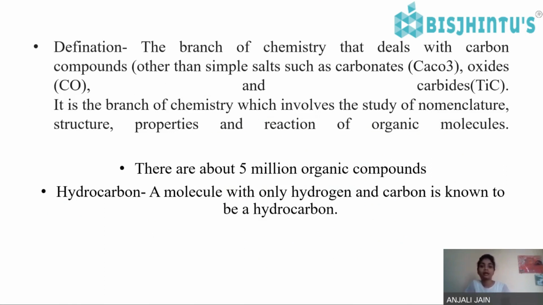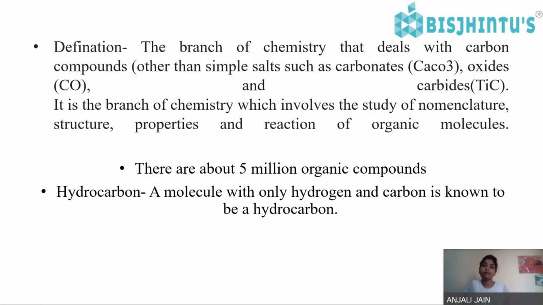So as I mentioned here, there are 5 million organic compounds which exist, and this is because carbon is so versatile. It has a tetravalent valency, and that is why it can form a covalent bond with any element. Okay, so first of all, the basic definition of organic chemistry. It is a branch of chemistry, because there are three different branches of chemistry: organic, inorganic, and physical chemistry. Here we are basically discussing the organic chemistry part, that deals with carbon and its compounds,